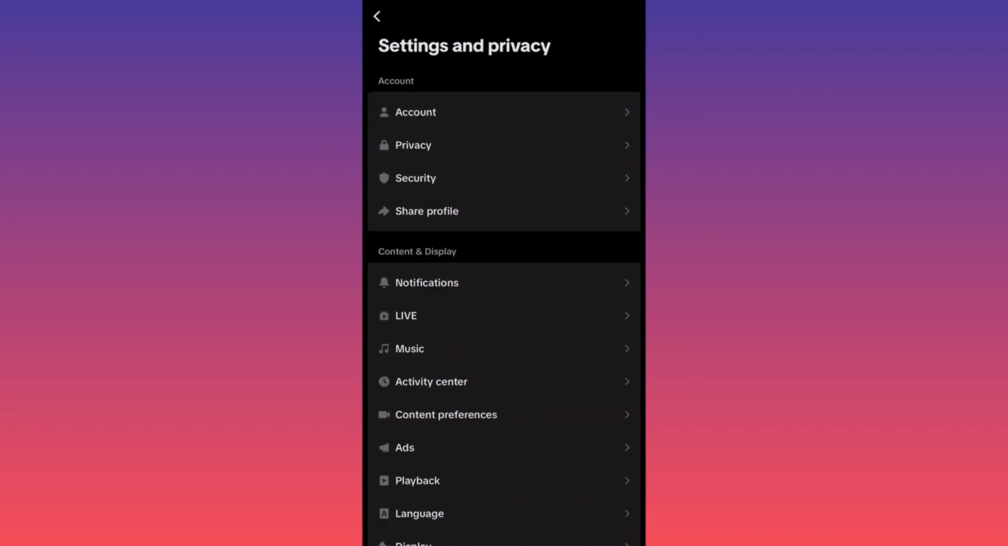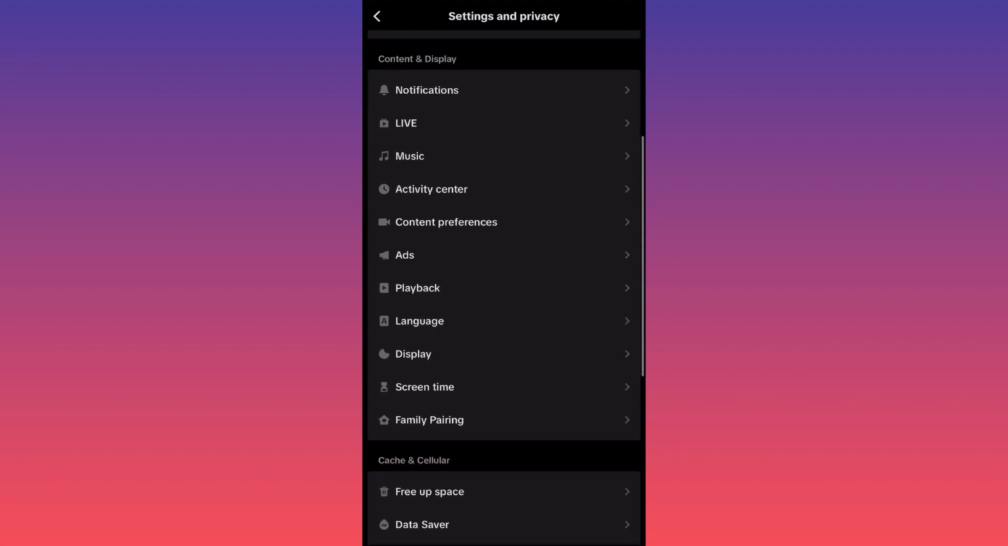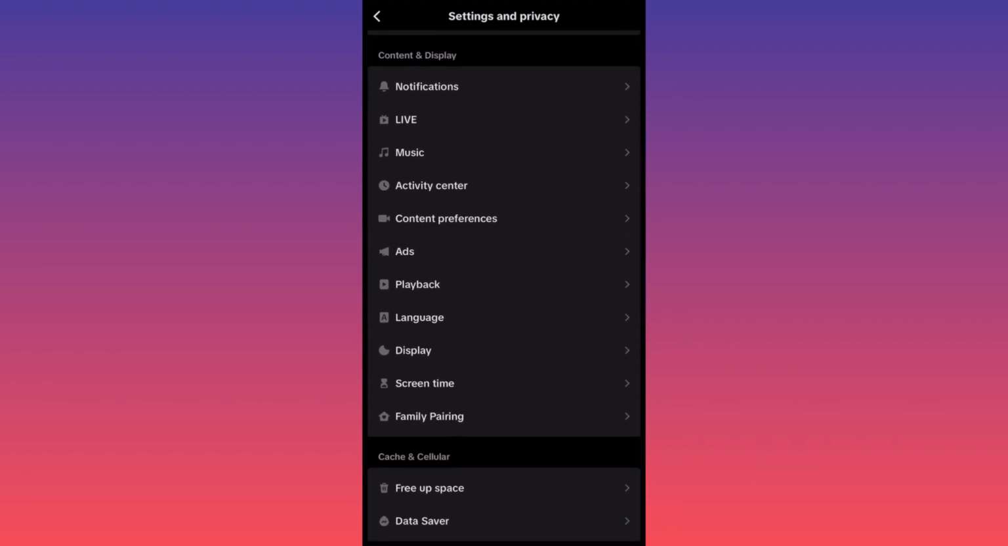Then you want to scroll down to the second option of the menu, which is content and display. And what you want to choose is playback. You click on playback and the first option will be open TikTok on mute. You want to click this one. What this will do is that when you open TikTok, videos will be muted by default when